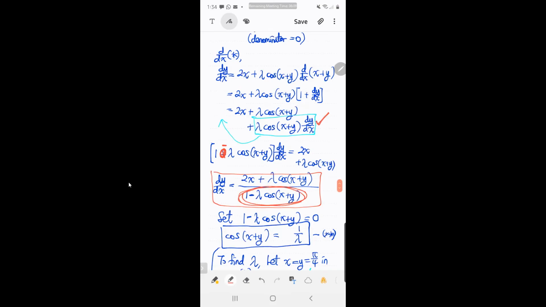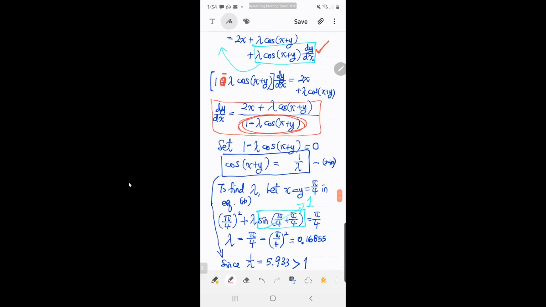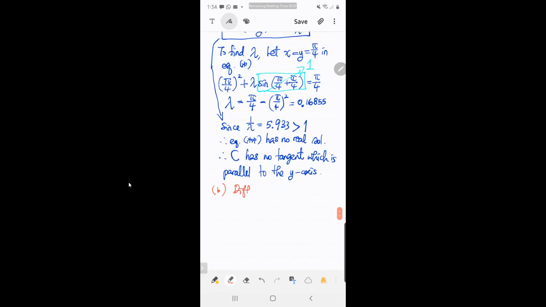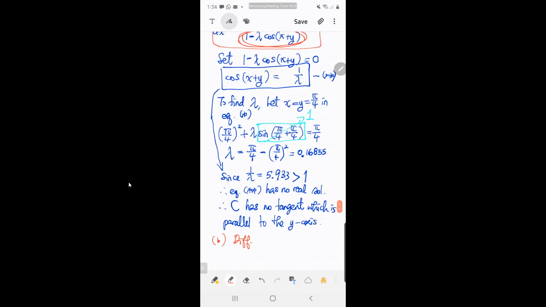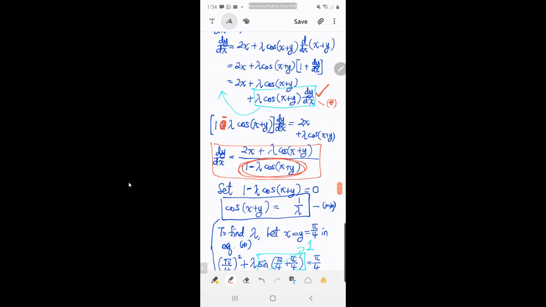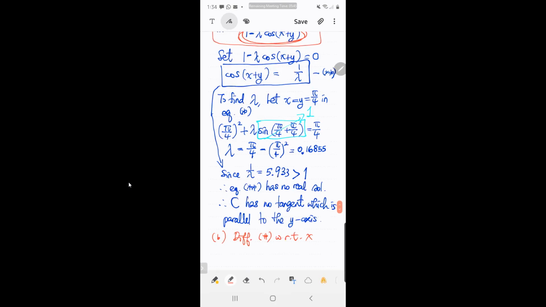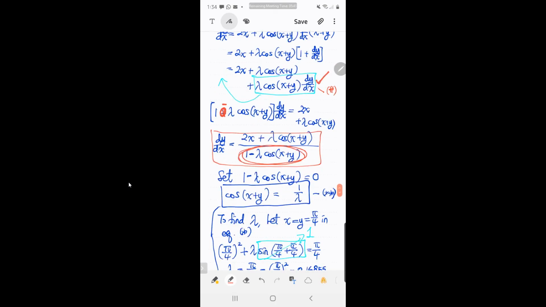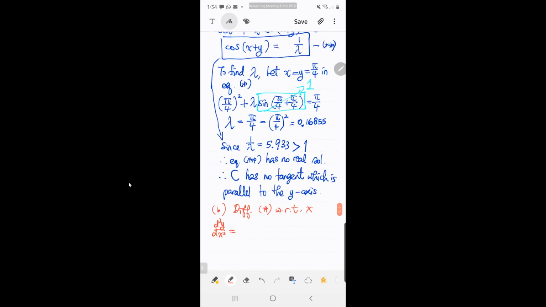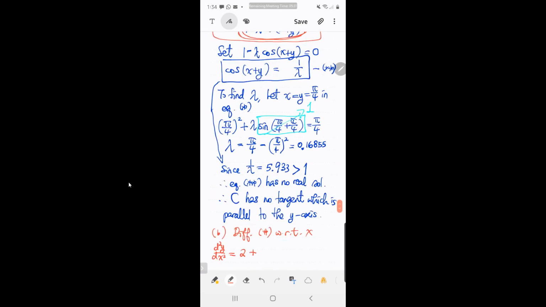Okay, so you differentiate again. Maybe you give it a name. Let's say this one is hash. So differentiate hash with respect to x. So therefore you have d2y dx2, that's the first term. Then this is equal to, you have 2x, you differentiate, you get 2. So you have 2 plus, then you have